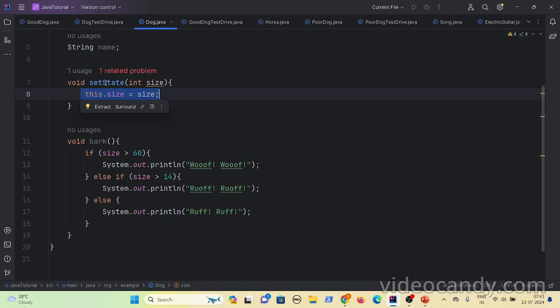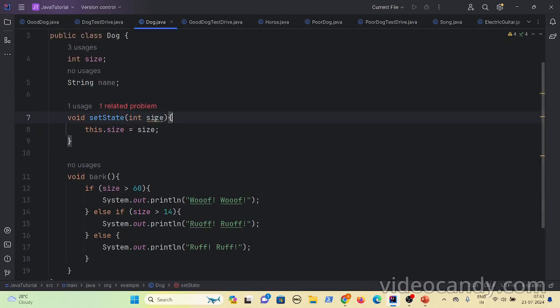If you look at this setState method, inside the braces it has an int size. What it is doing is taking this value and setting it to the instance variable. Now let's say it wants to set the name as well: String dogName, and it can do the same thing.